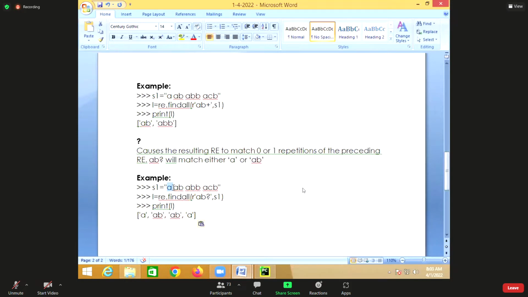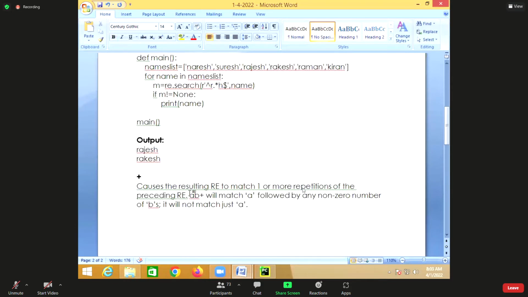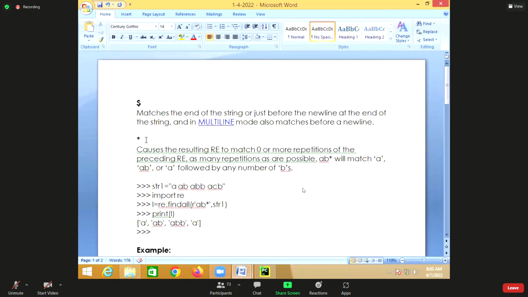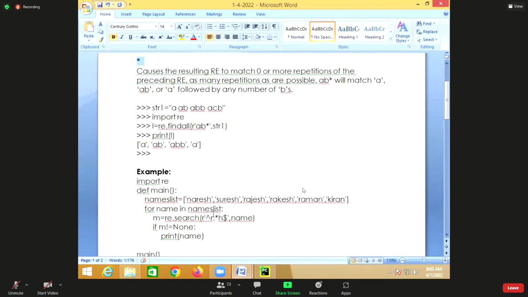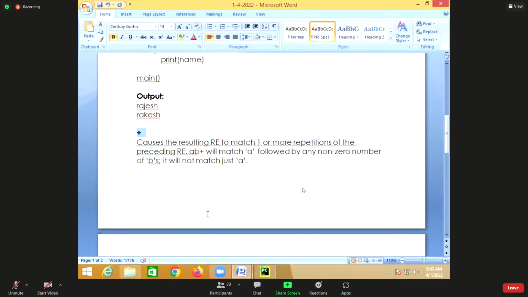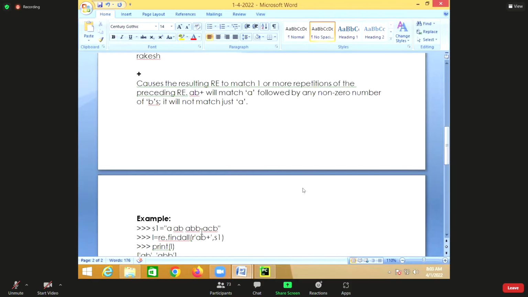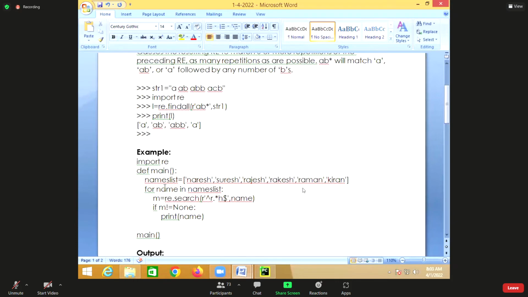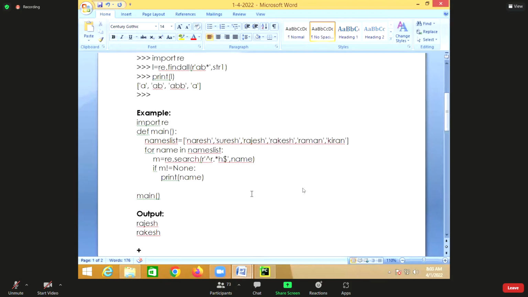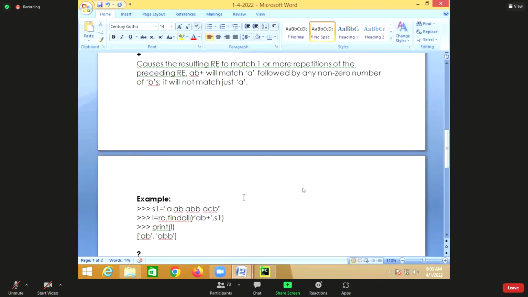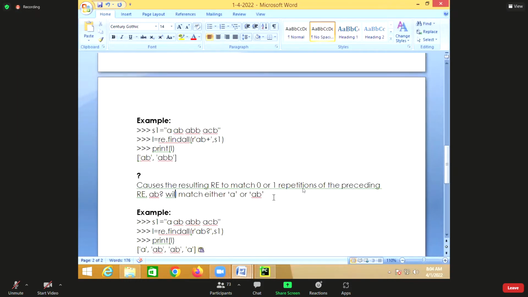So it will find A and AB, and only A also, because question mark indicates 0 or 1 repetitions. So this is repetitions, right? Star is repetition and plus is repetition and question mark is also repetition. But these are predefined, right? Star means 0 or more, plus means 1 or more, question mark is 0 or 1.